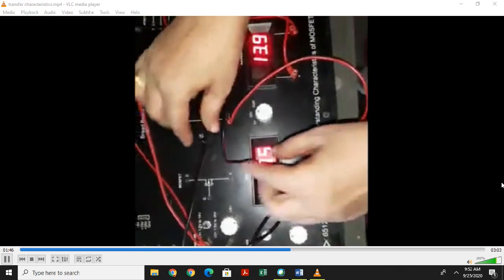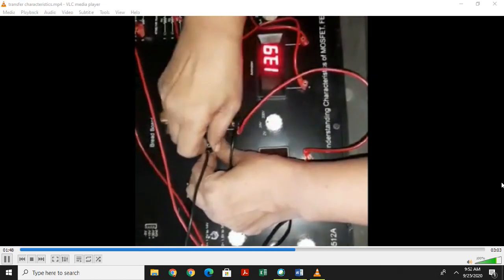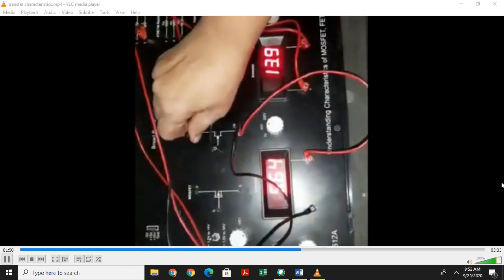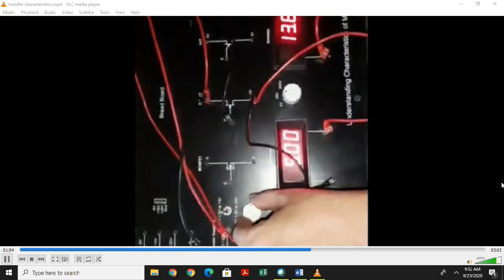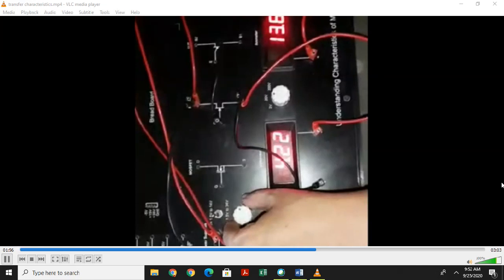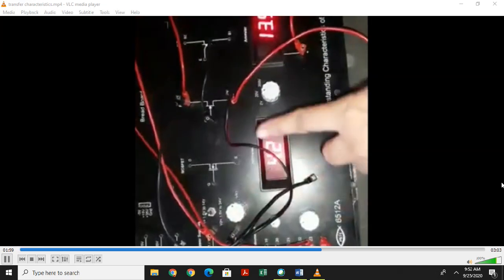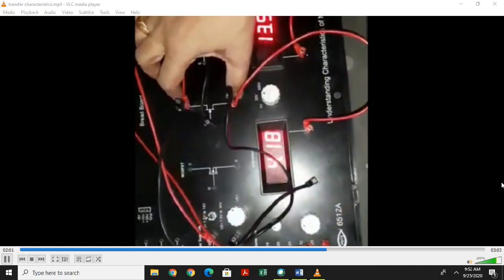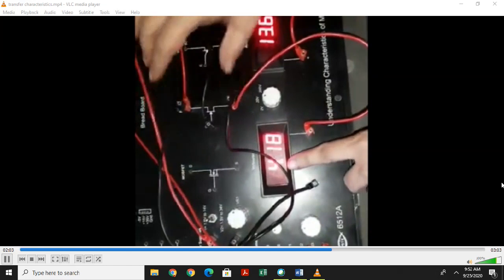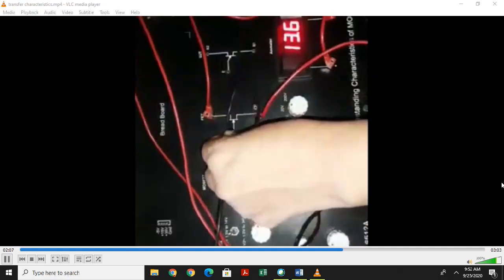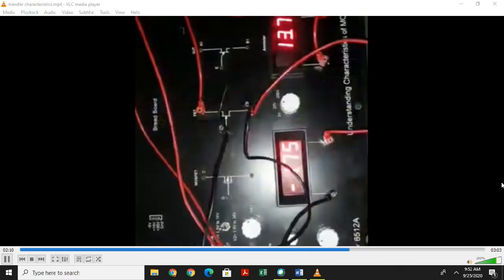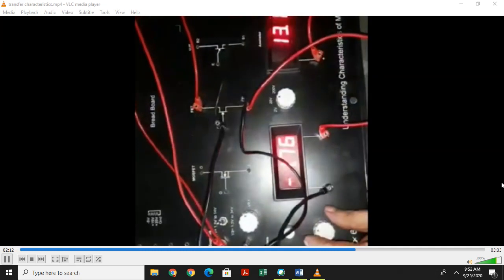Here I am increasing the value of VGS, and there is a change in the ammeter value, or ID value.